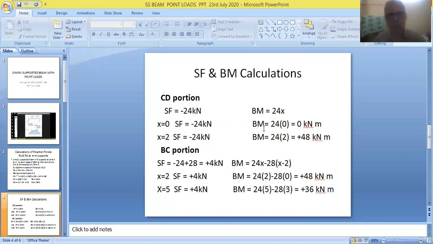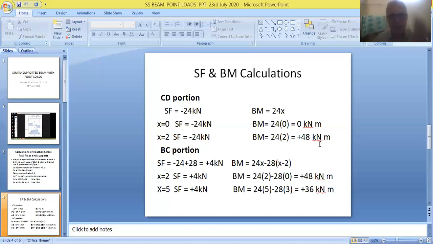Now friends, coming to the bending moment at x equal to 0. Substitute x as 0, so you will be getting 0 kilonewton meter. And take the value of x as 2 meters, then you will be getting the second value. 24 into 0 comes to 0. That means at x equal to 0, bending moment is equivalent to 0. At x equal to 2, the bending moment will be equivalent to 48, with a plus symbol. It is an anti-clockwise moment, so the plus symbol must be given. So it is plus 48 kilonewton meter.